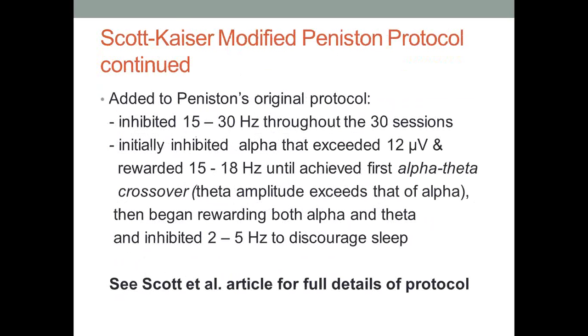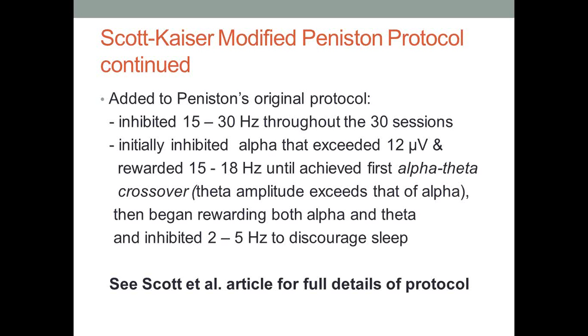The Scott Kaiser modified Peniston protocol added to Peniston's original protocol the inhibiting of 15 to 30 hertz throughout the 30 sessions, and initially inhibited alpha that exceeded 12 microvolts and rewarded 15 to 18 hertz until the client achieved first alpha theta crossover. My wife and I decided maybe that should actually be a theta alpha crossover, because theta amplitude exceeds that of alpha. Then they would begin rewarding both alpha and theta and inhibited 2 to 5 hertz